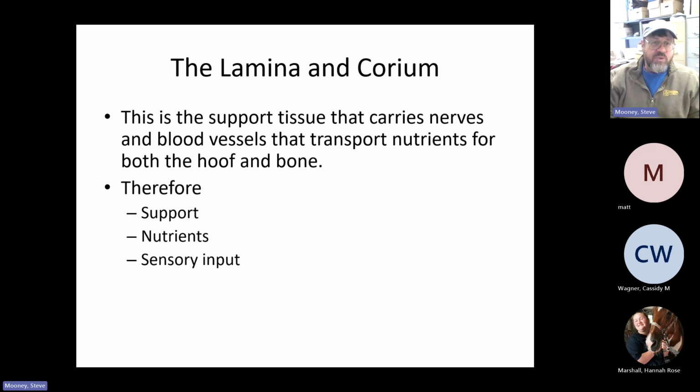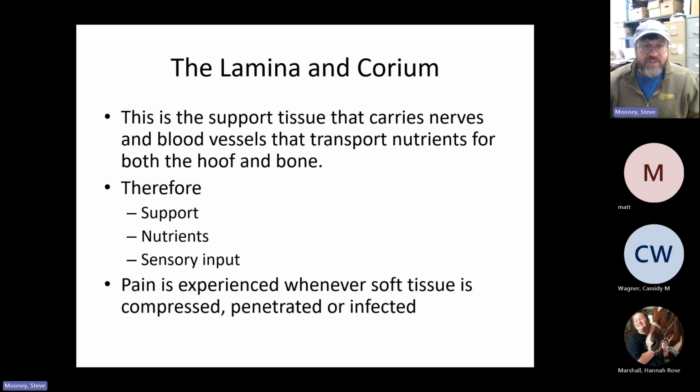So those two sensitive pieces are going to provide support. We'll talk about that in a minute. They're going to provide nutrients and they're going to provide sensory input to the world around that horse. So what are we stepping on? Pain is experienced when this soft tissue is compressed, penetrated, or infected,